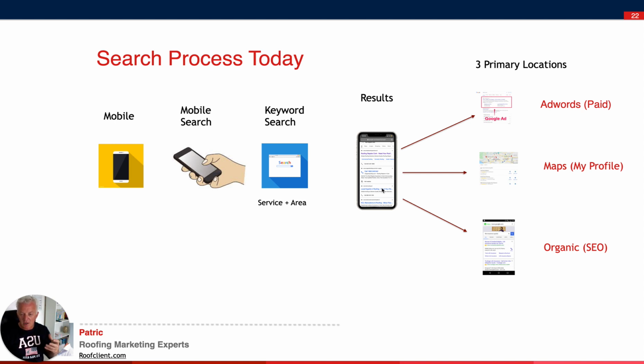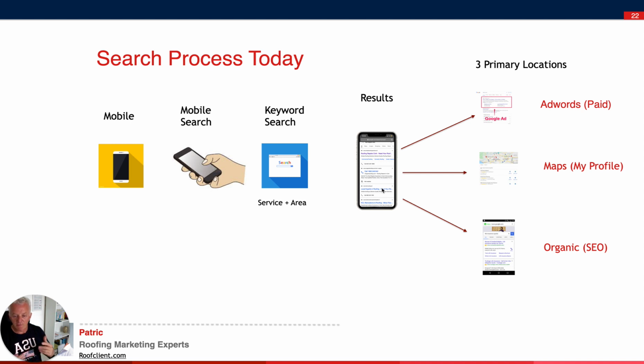So when you look at a mobile device and you put in roof repairs for your local city, and you can do that now yourself, if we take the iPhone, for example, Google are giving you 3 options primarily to choose from. Within those 3 options, 2 of those are primary for Google, and the third option is by all means secondary. However, you still can't dismiss it. So the number 1 option is the very first 3 to 4 listings at the very top of your phone, which are ads, and they're at this stage a little less distinguishable as being advertising.